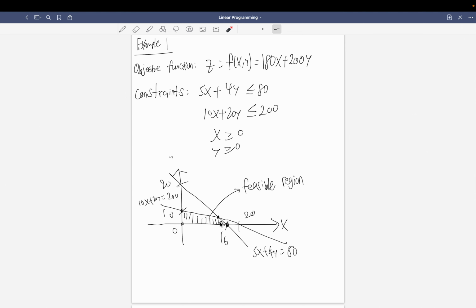Now, what we want to do is treat this objective function as just a curve that can vary. So in this case, for example, this curve is 180x plus 200y equals 0, and we see that it touches the feasible region, meaning our x and y can take values so that it can reach this value of z equals 0. But then we realize that we can actually shift this line further up, and you see that it passes through this vertex now. This vertex is the 0, 20 point, where x is 0 and y is 20,